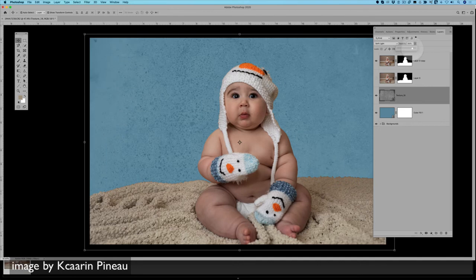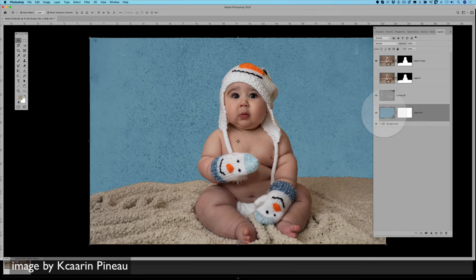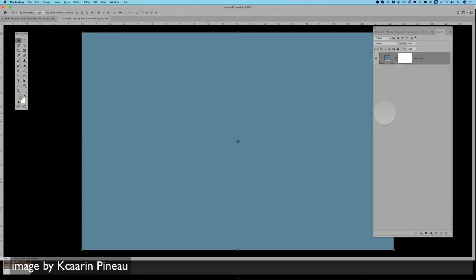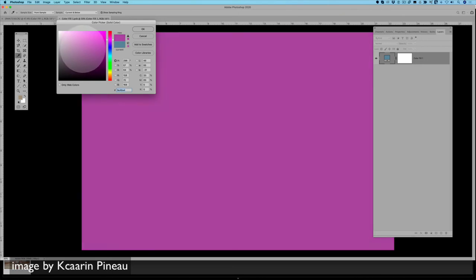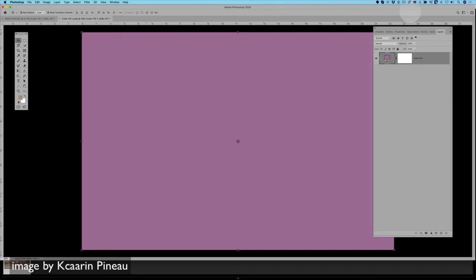So I think somewhere around there looks pretty good. And now if you want to, you can also change the color fill. You can come back and edit the color just by double clicking on that color, and I can change that to whatever I want and make it another color, and that will come up. So if I wanted to, I could maybe have like a light pink background. If I wanted to, hit OK,